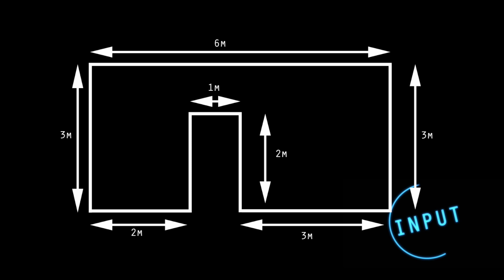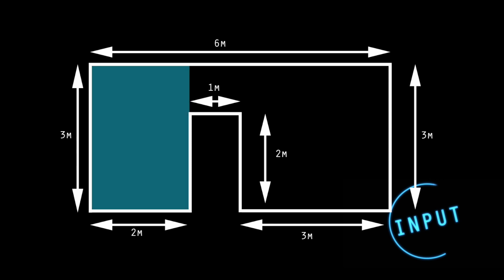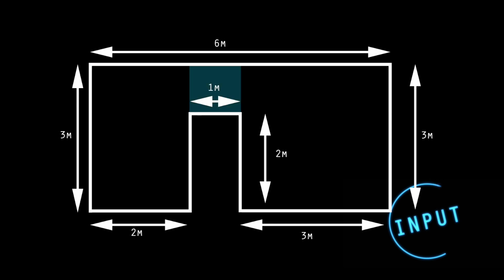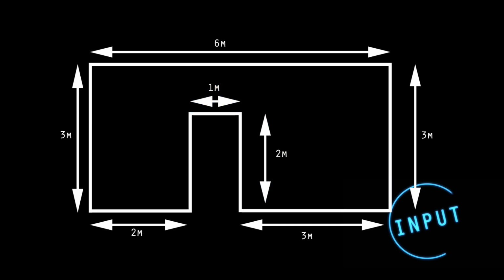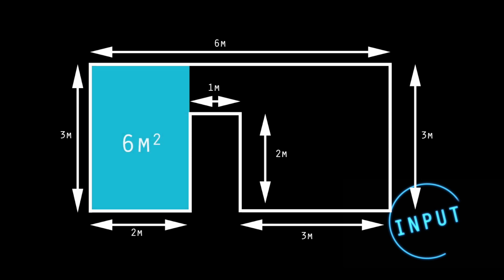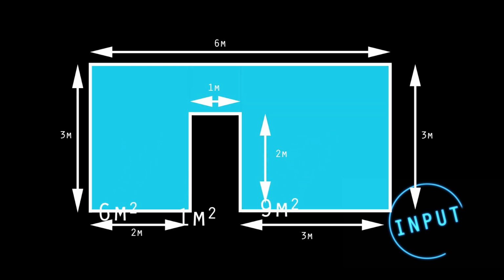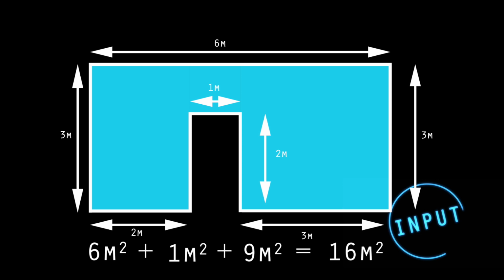This involves viewing the wall as a compound shape, a shape made up of other simpler shapes. In this case, we have a 3 meter by 2 meter rectangle attached to a 1 meter by 1 meter square attached to a 3 meter by 3 meter square. Now, squares and rectangles I can find the areas of. 3 times 2 is 6, 1 times 1 is 1, and 3 times 3 is 9. If I add all these together, I get 16 meters squared,